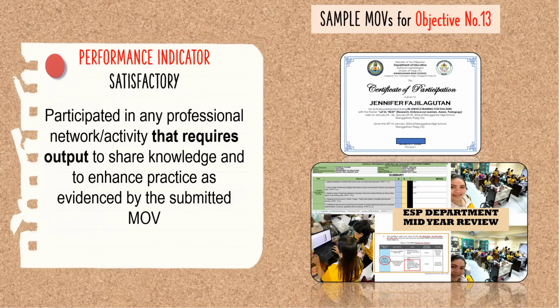Kung ang nilagay naman ni teacher na sample MOV for objective number 13 ay yung kanyang certificate of participation na katunayang nag-participate siya sa in-service training and yung kanyang output na ipinapasa sa kanila, for example, yung MRF, ang makukuha niyang rating ay satisfactory. Bakit satisfactory lang? Kasi ang indicator ng quality for objective number 13 ay